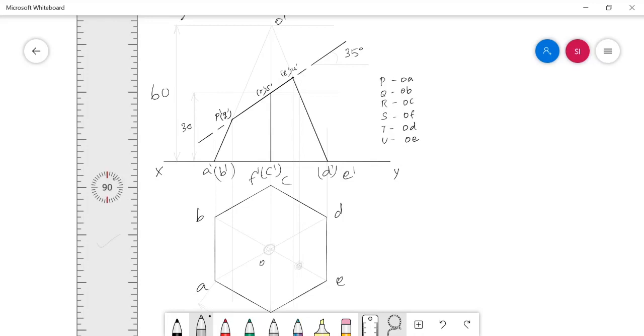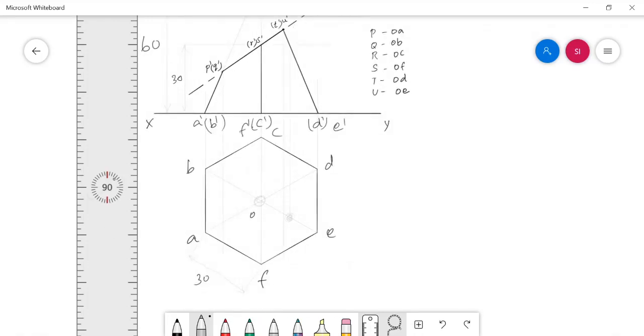Draw arcs to cut OC and OF to mark the cut points R and S respectively. This is nothing but the cut point R, and this is S.